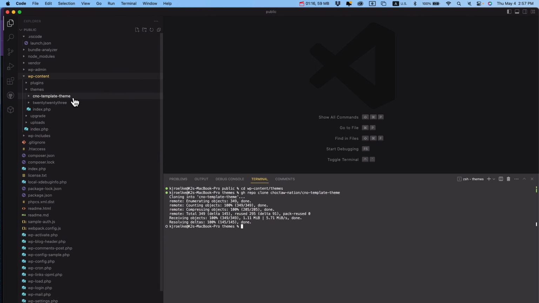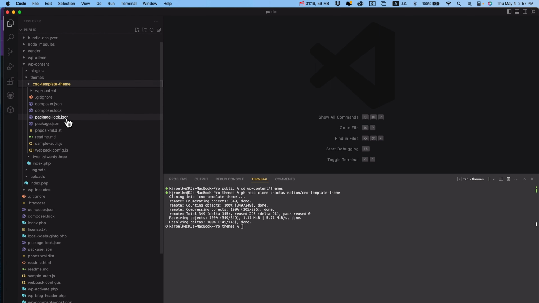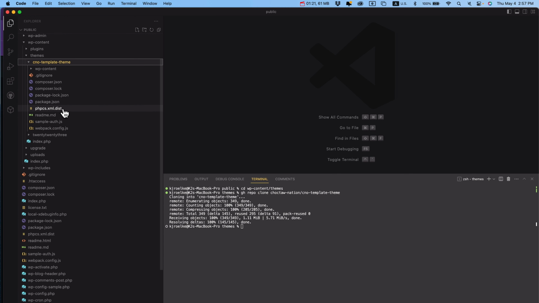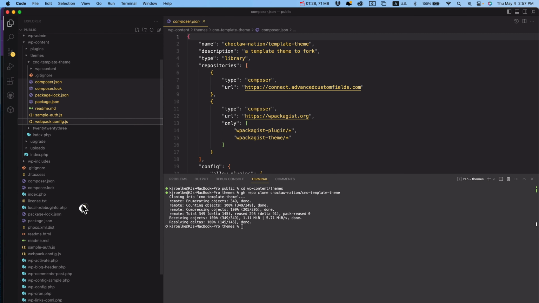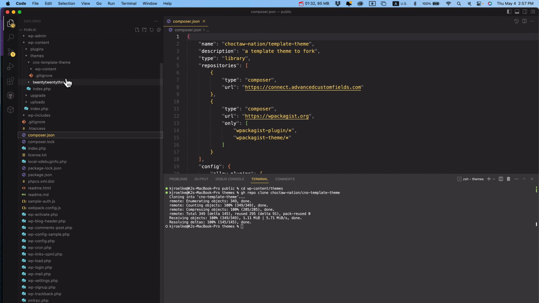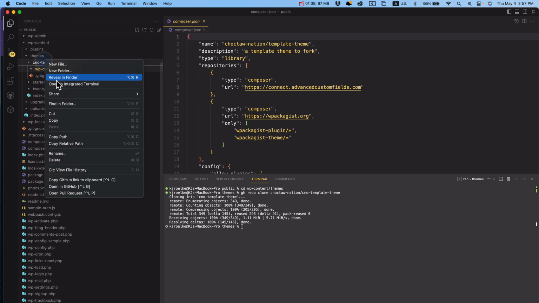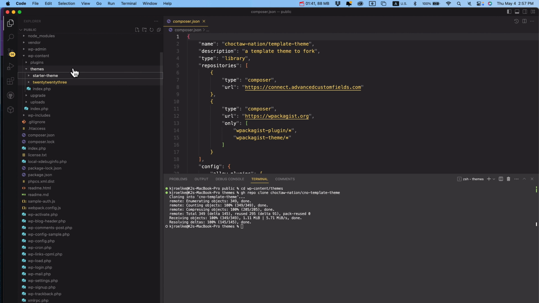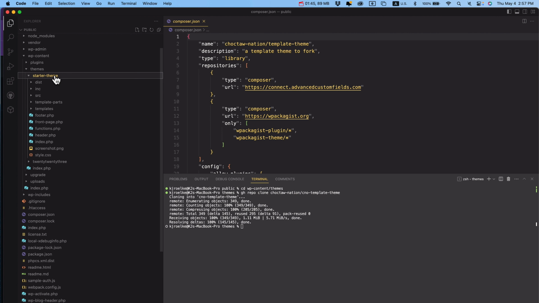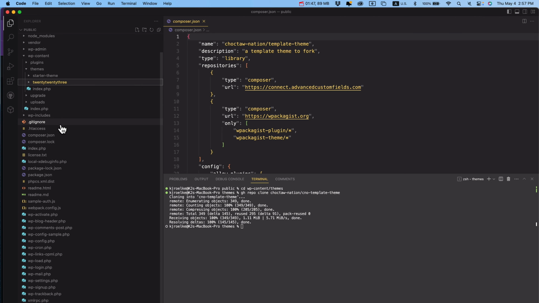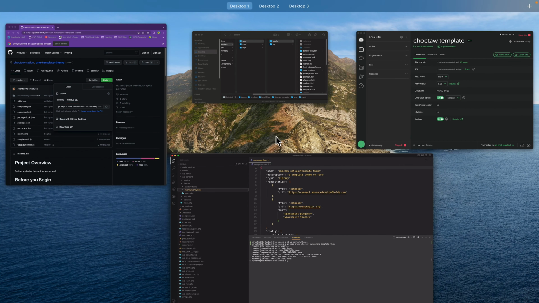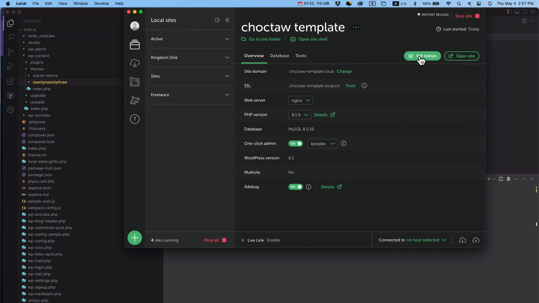So let's see, the shortcuts that I've taken here are, I've already downloaded some of this information, but I'll drag it back out and we'll be like, do you want to, yeah, just go ahead and replace it. Really, actually, all of this, drag it out, replace it, git ignore already exists. And then in here, we've got the starter theme. So I'm just going to drag that into the themes and delete that. So now I've got a starter themes folder, 2023, my git ignores, all that. And if I launch the website,